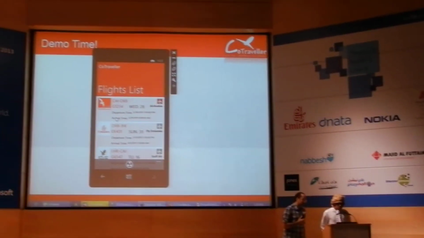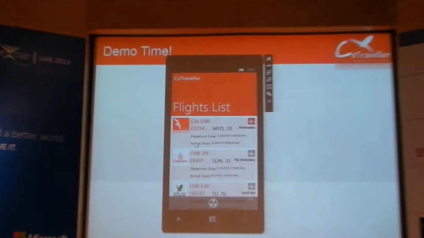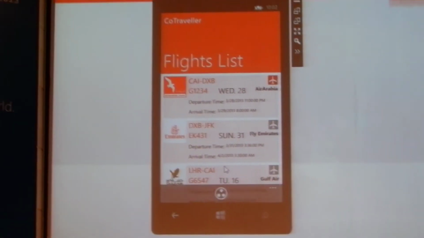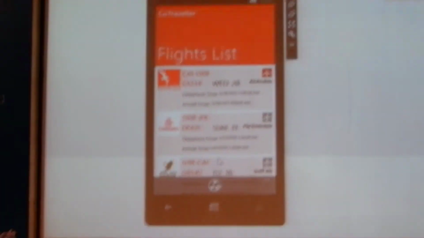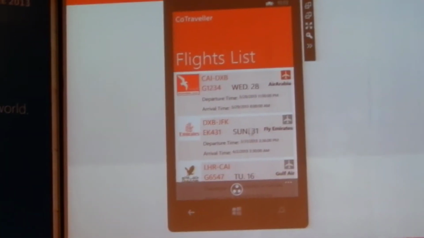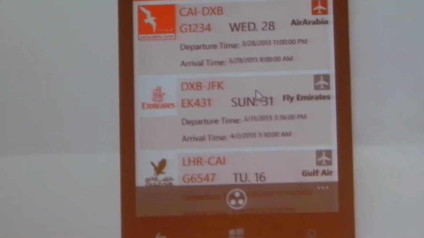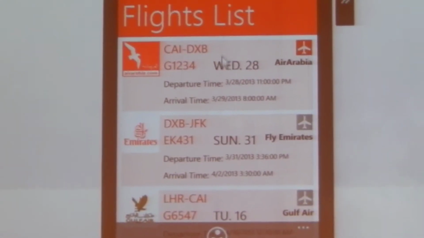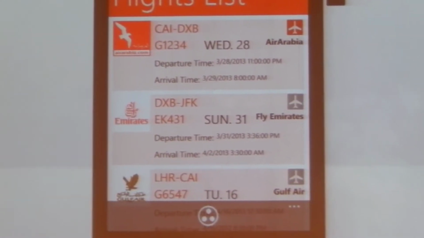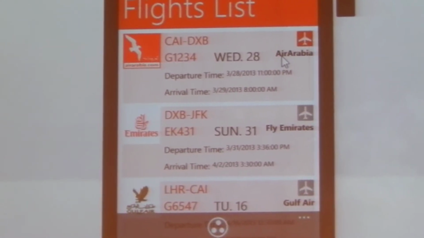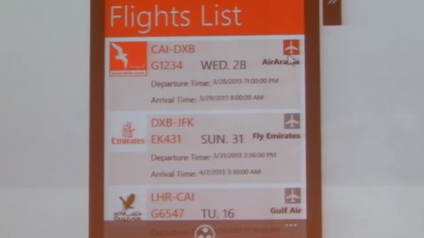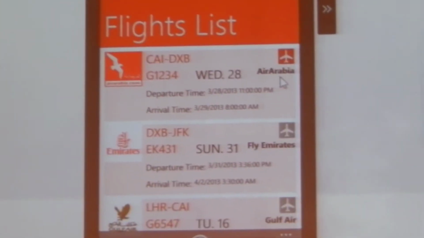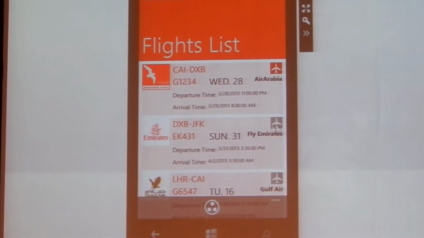So here's the application. As you can see, all of the flights you have reserved will be presented to you in a very dynamic list that is directly taken from your database. Each item represents a flight. This flight has all the important information you need, like the departure airport, the arrival airport, the departure time, and the arrival time. Also, you will have an indicator, this little icon here. It will be colored when the flight is available for online check-in, and when it is not, it will be grayed out like this one.